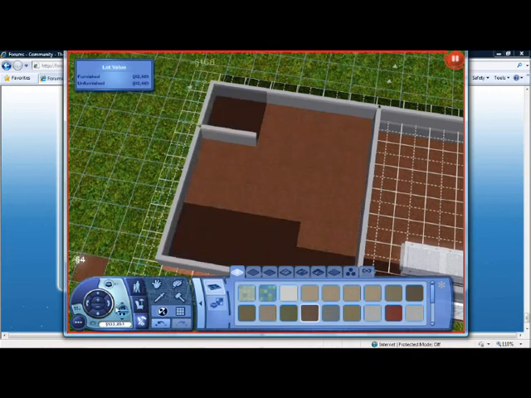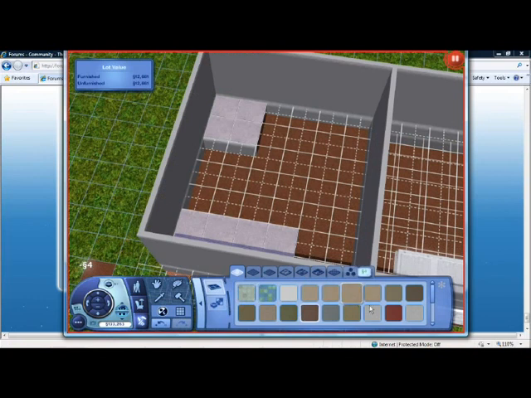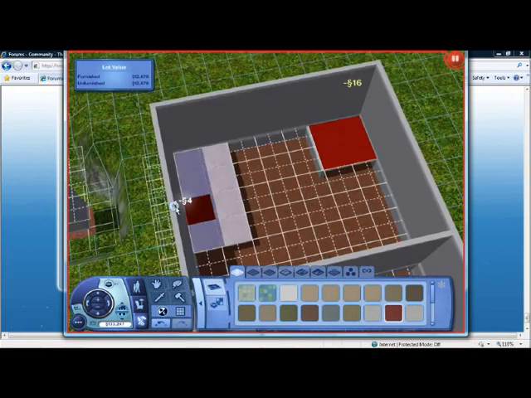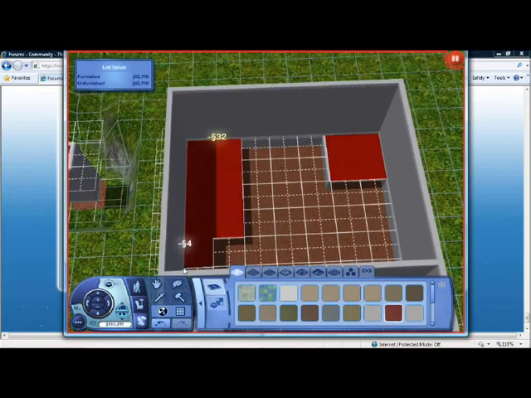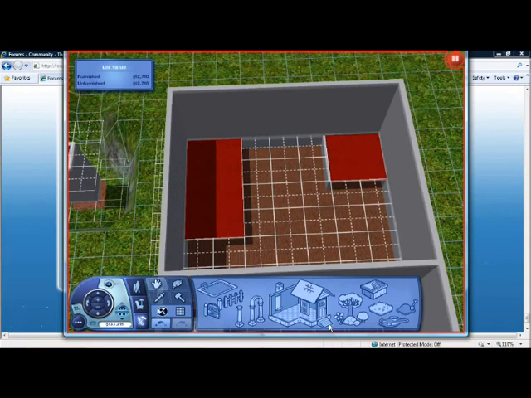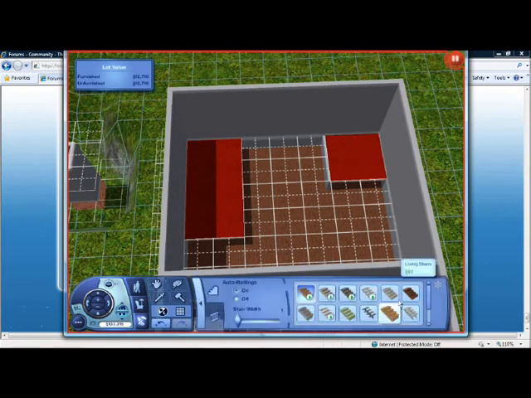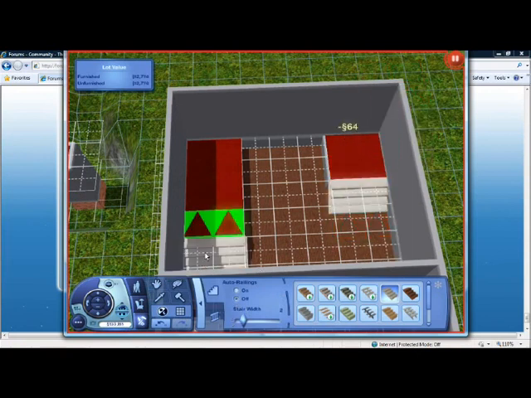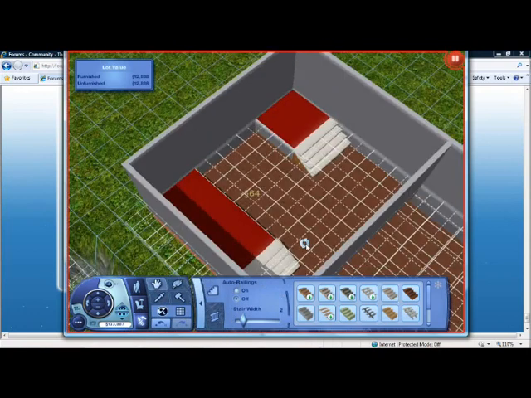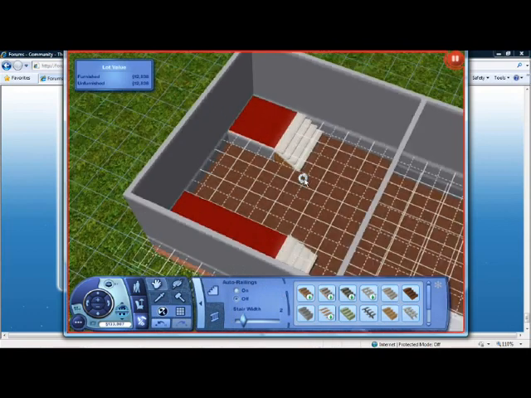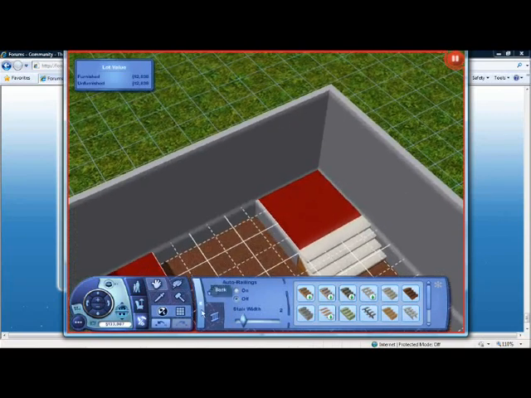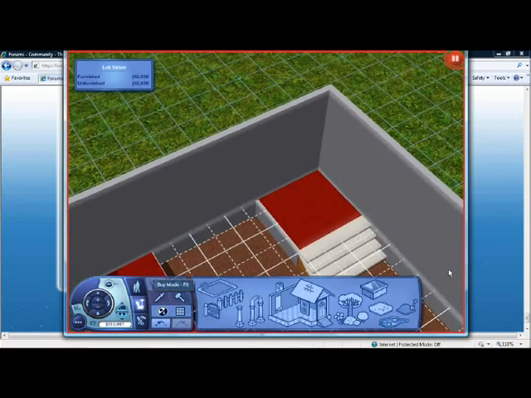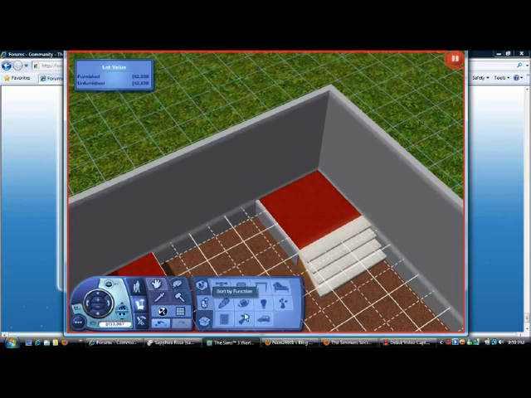And go up to the raised level here, and let's change the color of that one so we can tell them apart. There we go. Now, I wouldn't actually use these colors in reality, but now if you want to go to some stairs, you can put some stairs in, whatever width you want them to be, with or without railings. I'll put those there, and I'll put those there. So now you've got 2 raised levels here. So if you wanted to put in a bathtub, then you can